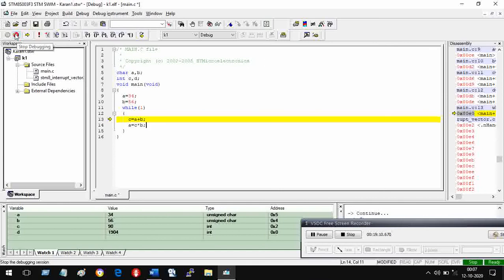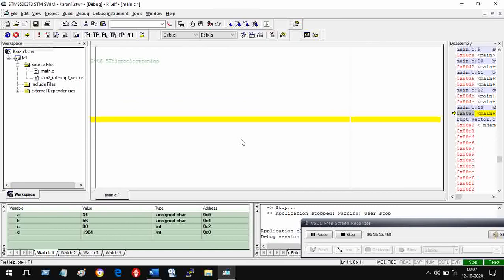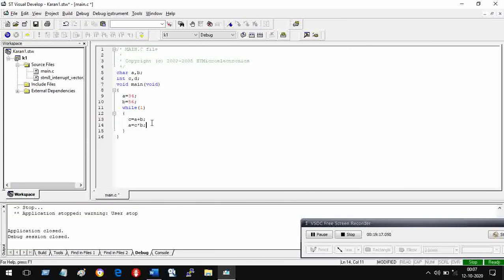If I put stop debugging, C is equal to A plus B, then A is equal to B plus C, and then B is equal to A plus C. I'm not taking the variable D. Something interesting is going to happen, hopefully. Let's see. I run it.